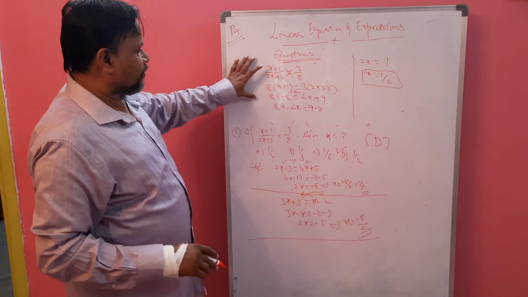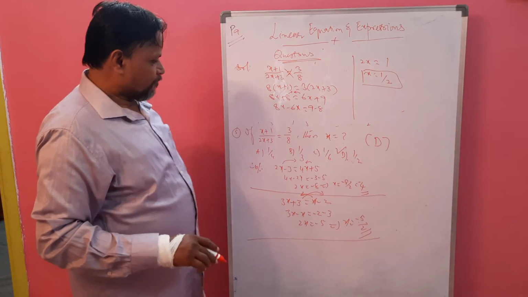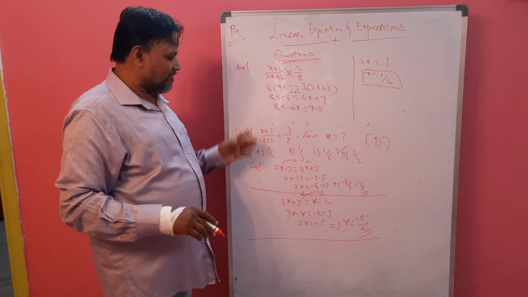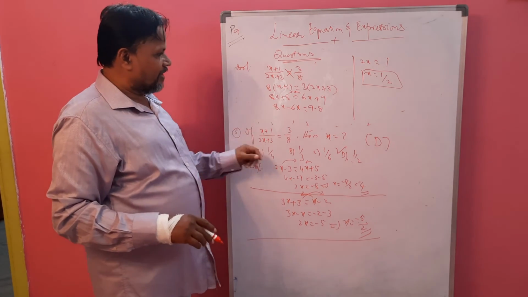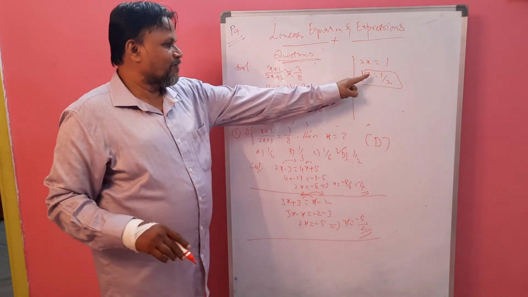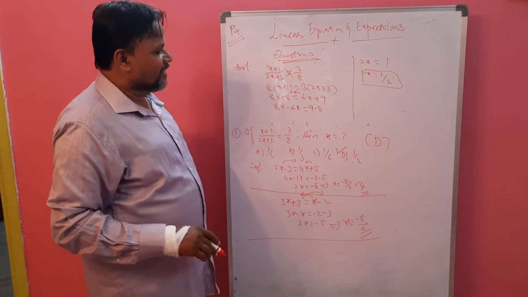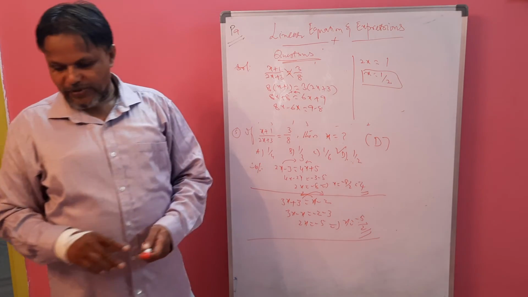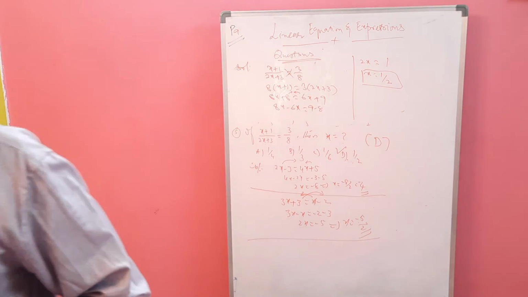Like that we can solve a linear equation: moving the constants to one side and variables to the other side, and simplifying to get the coefficient of x as 1. Whenever the coefficient of x is 1, the value obtained is called the solution or zero of the polynomial or linear equation.